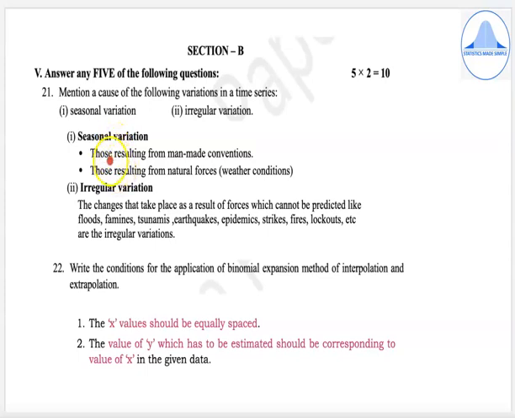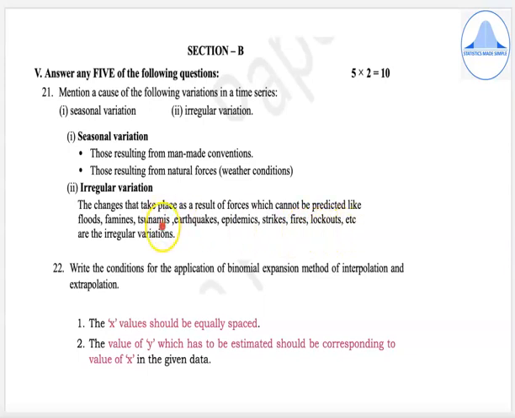One is those resulting from man-made conventions, and second is those resulting from natural forces or weather conditions or climatic conditions. For irregular variations, the changes that take place as a result of forces which cannot be predicted, like floods, famines, tsunamis, earthquakes, epidemics, strikes, fires, lockouts, etc.,